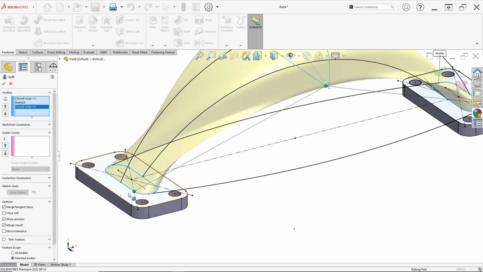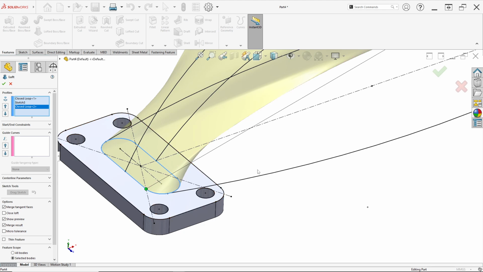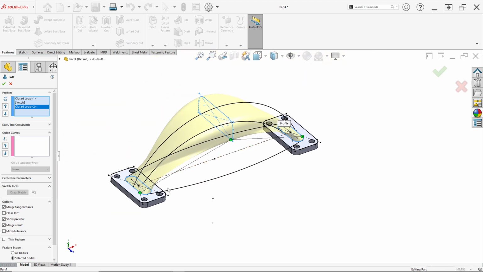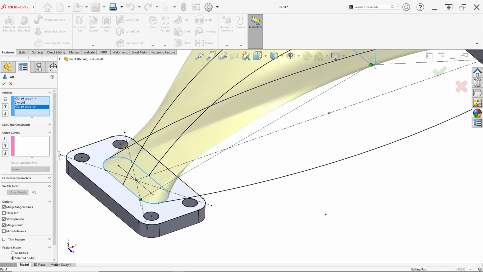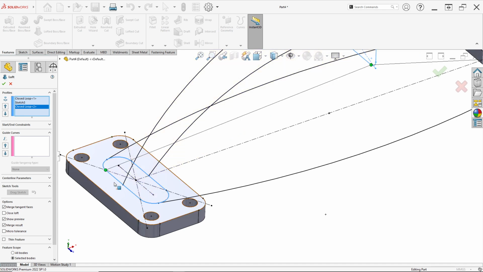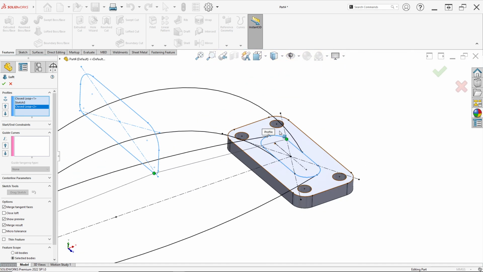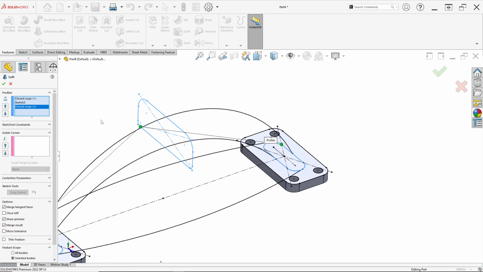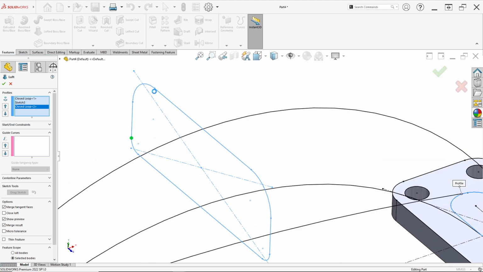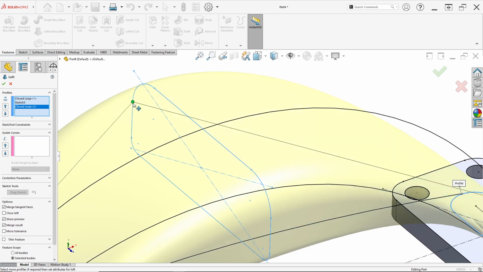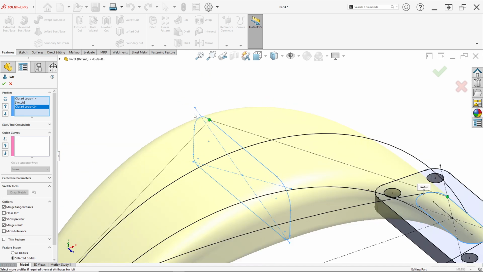Ensure the positions of the points are set like this. We can arrange it in here: draw this point like this, and this point to this on the slot, and position this point to this point at the top of the sketch.